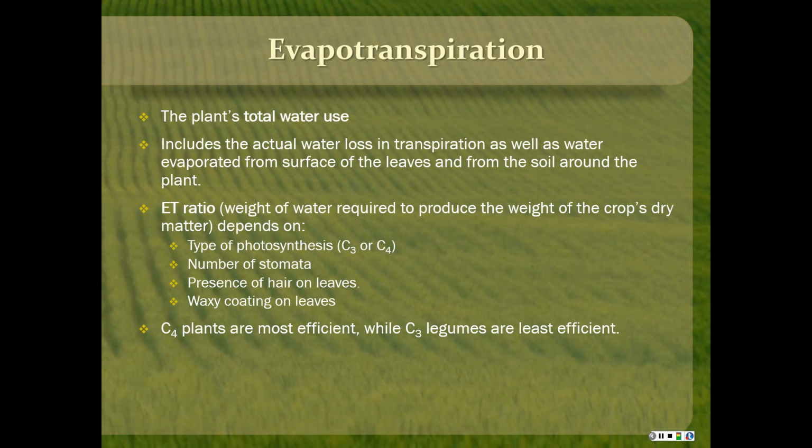And that depends on whether it's a C3 or C4 plant. C4 plants can get by with less water. And then also the number of stomata, hairs on the leaves, and waxy coating on the leaves, which influence the amount of water that's taken in or lost. And C4 plants are the most efficient at using water. That means they are able to produce the most plant matter for less water, while C3 legumes are the least